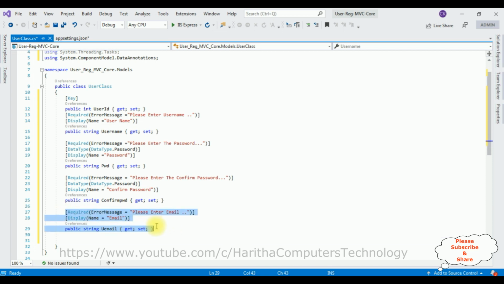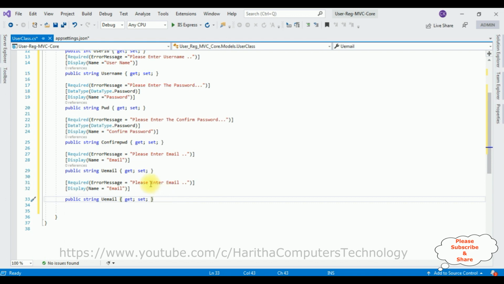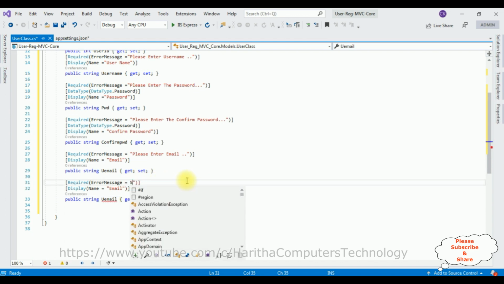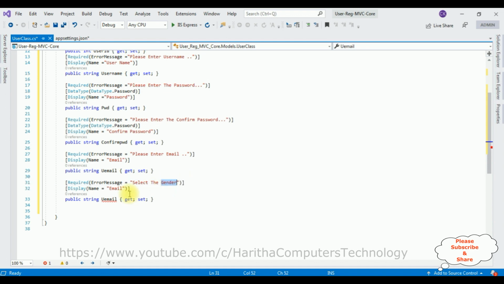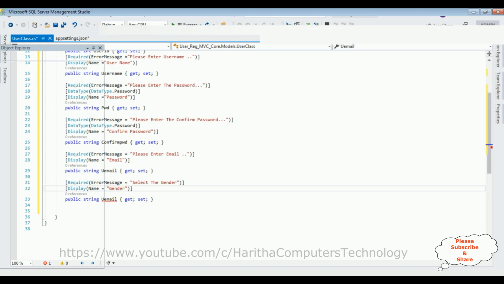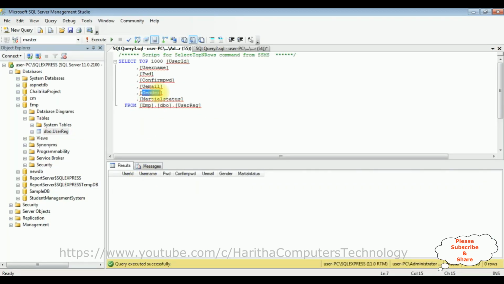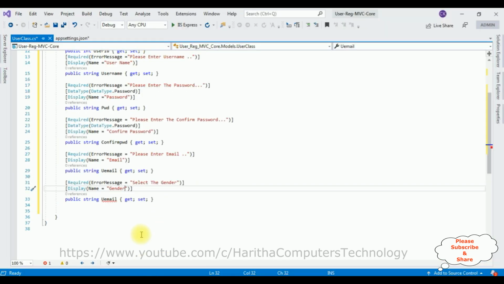Again copy this thing, paste here, select the gender, label is Gender, and the property name is the column name Gender,